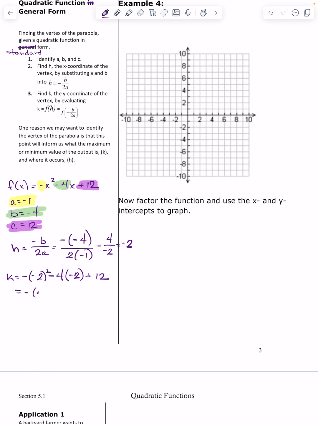I get negative positive 4 plus 8 plus 12. I get negative 4 plus 8 plus 12 is what, 20? Which is 16. I have chosen a poor graph here because my vertex is at negative 2, 16,